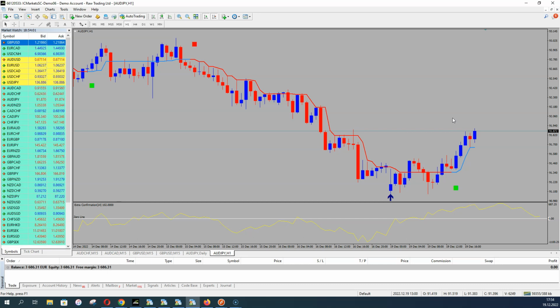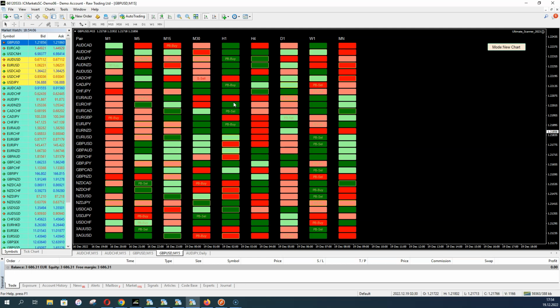There are a lot of pin bar trading strategies, and if you use such a strategy, you will see all the pin bars of the last closed candle. So on every box where you can see pin bar information, you know the last closed candle on this time frame was a pin bar. And then you could combine this with the trend. You can say, okay, if I have a strong buy trend here like on the CAD Yen, and the last closed candle was also a pin bar in the buy direction,